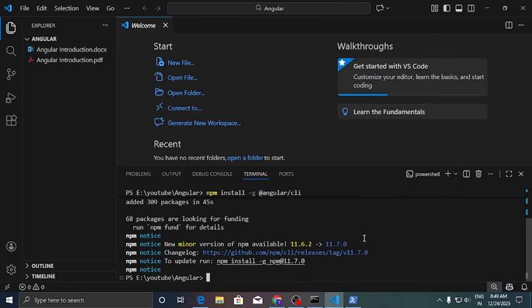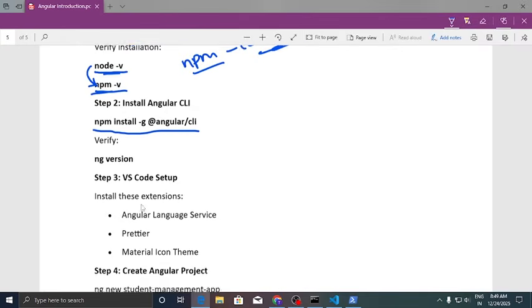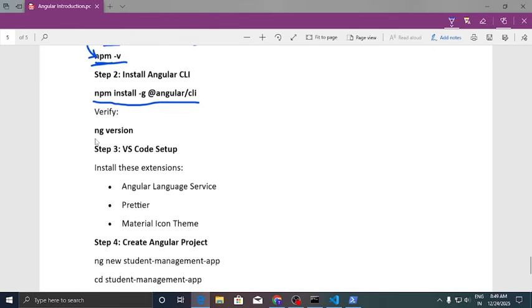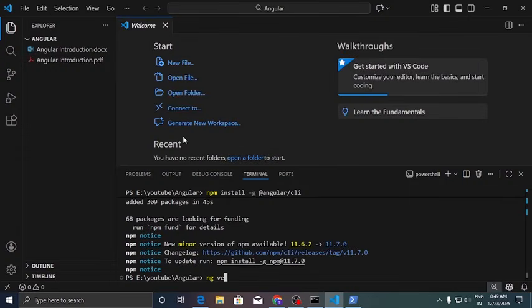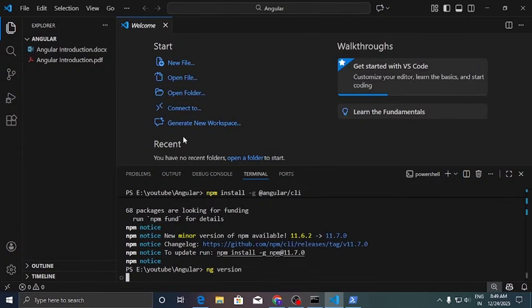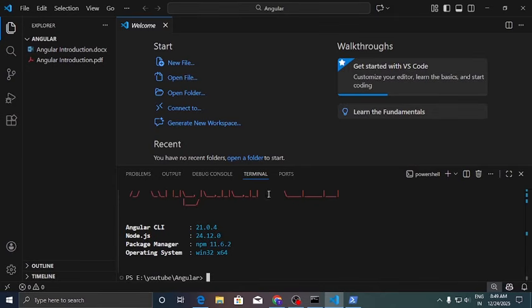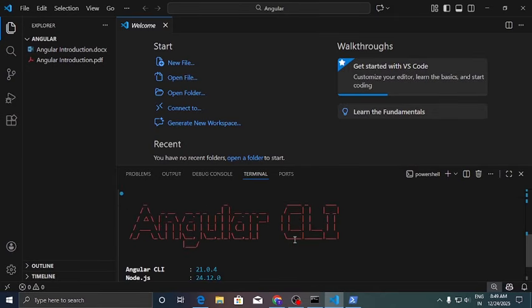Okay, now you can see the installation is completed. And now how do we check that Angular is installed? You can type ng version. I can type here ng space version. Once you click on enter, it shows Angular CLI is